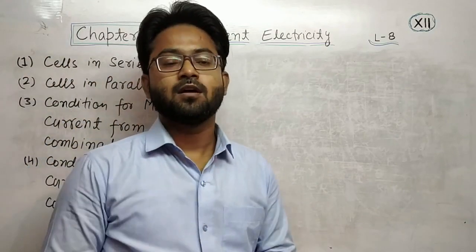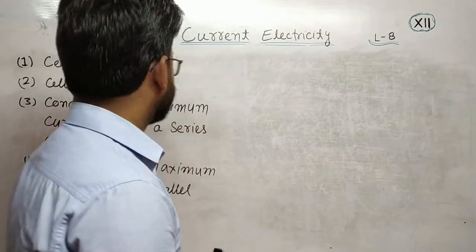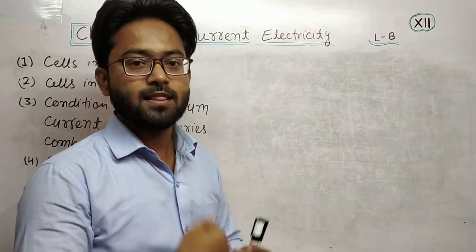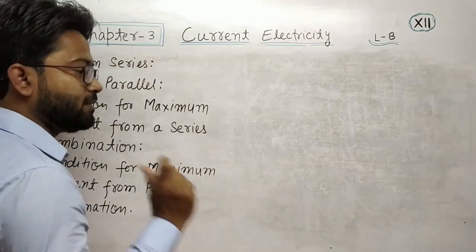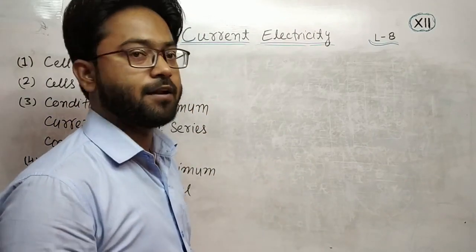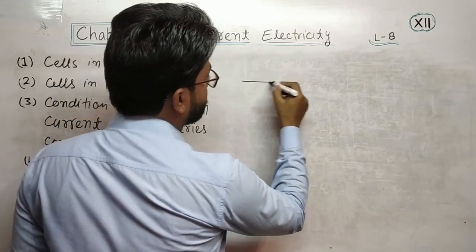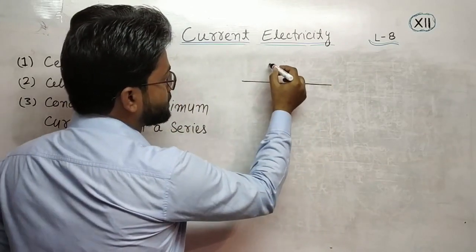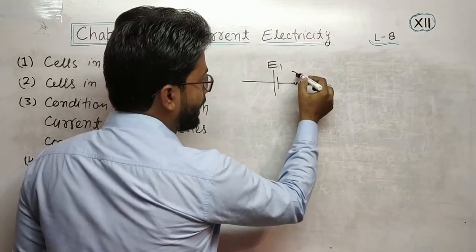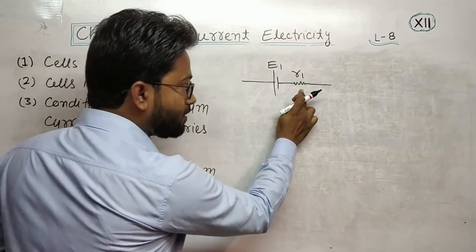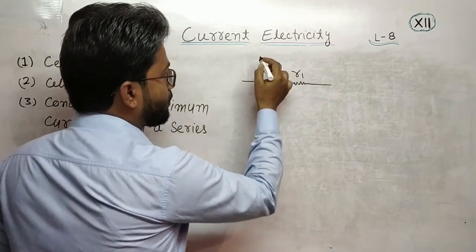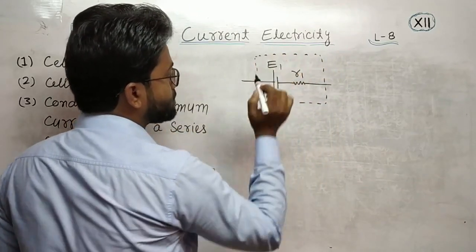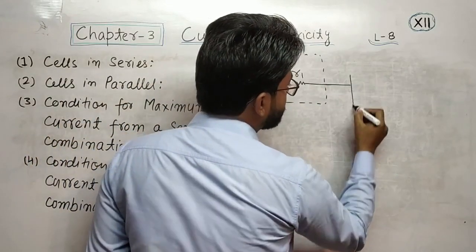When two cells or more than two cells are in series, same like resistance, if the same amount of current is flowing through all the cells, then we can say that the cells are in series. For example, let us suppose this is a cell having EMF E1 and internal resistance R1. This is cell 1, and this is